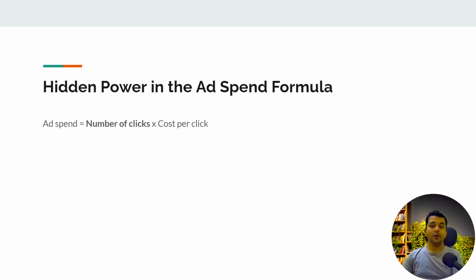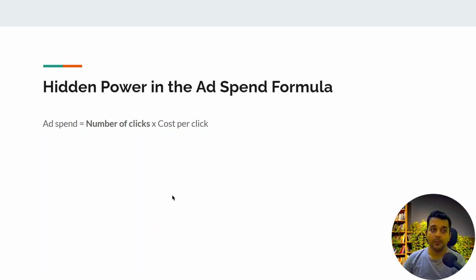The second option to bring down the ad spend is by working on the number of clicks. There are high chances that you can reduce the ad spend this way, because the number of clicks is directly proportional to the ad spend.